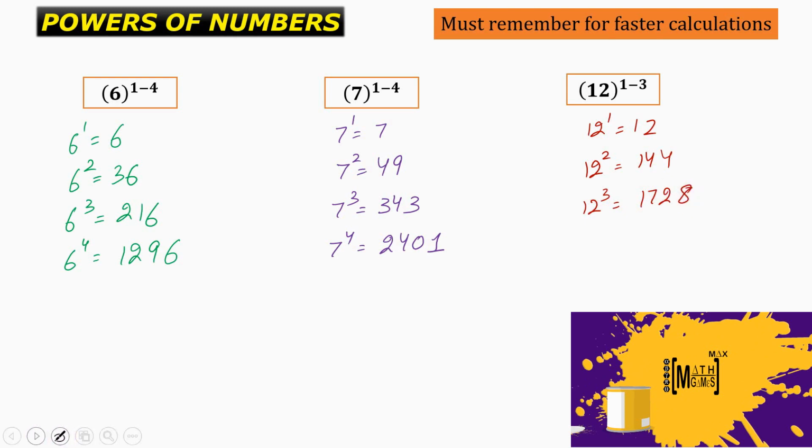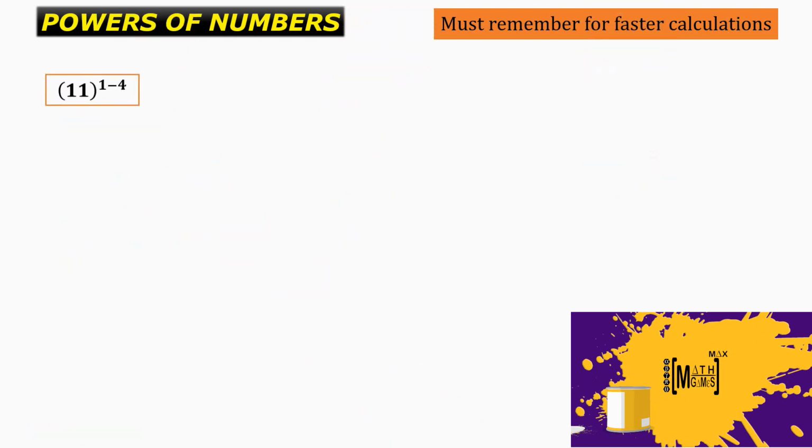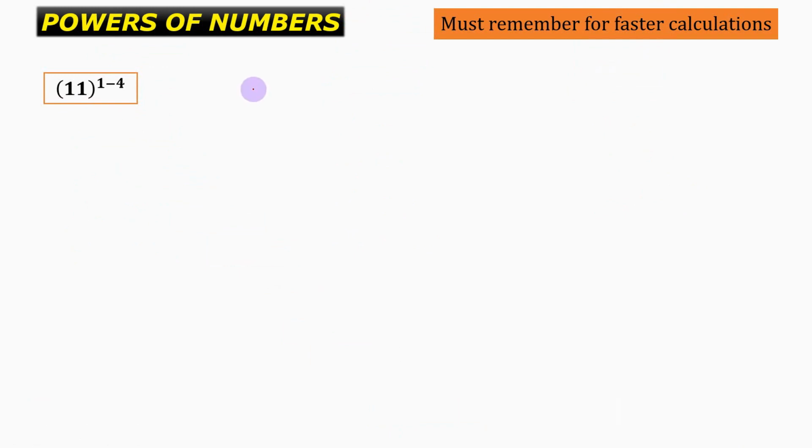Now let us check out the very interesting concept of 11 to the powers. So 11 to the power 1 can be written as 1, 1. And 11 to the power 2 can be written as 1, this 1 will come over here, and then you add these two ones, you will get 2. So the answer is 121. Now 11 to the power 3, this one will come over here, this one will come over here, 1 plus 2 becomes 3, 2 plus 1 becomes 3, and hence the answer is 1331.